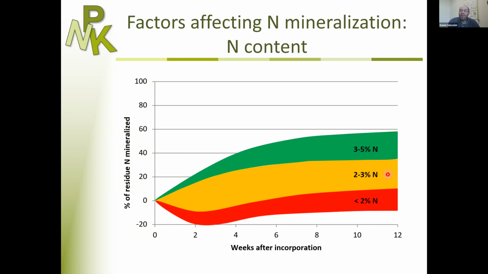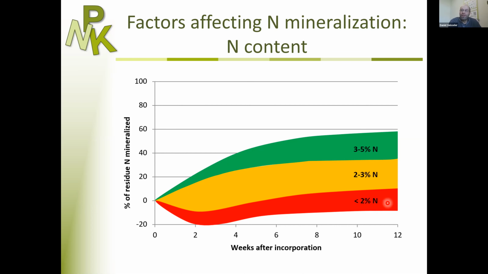When we have a material with a lower nitrogen content, that could be, for example, tomato residues or melon residues with a nitrogen content of 2 to 3%, also a young cereal cover crop. What we see is that we may still see nitrogen mineralization, but it's a bit slower, and the total amount of nitrogen mineralized over the same period of time will be lower. And more of the nitrogen will be either released later or incorporated into soil organic matter.